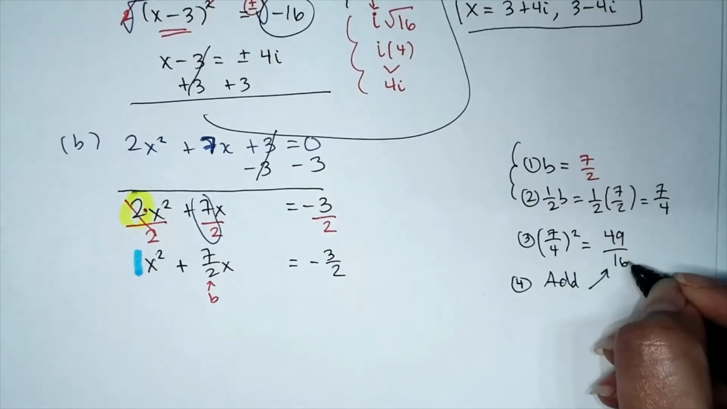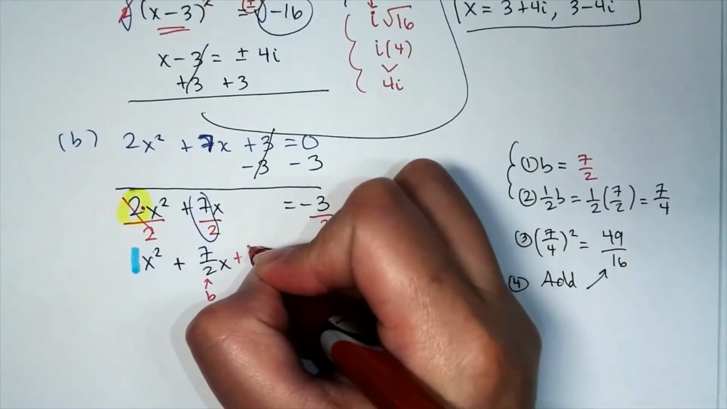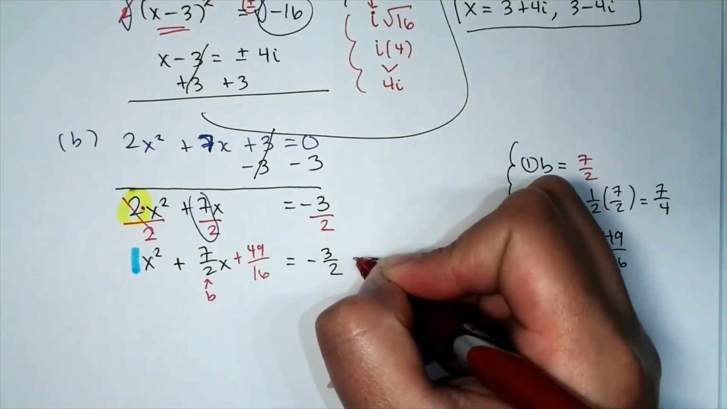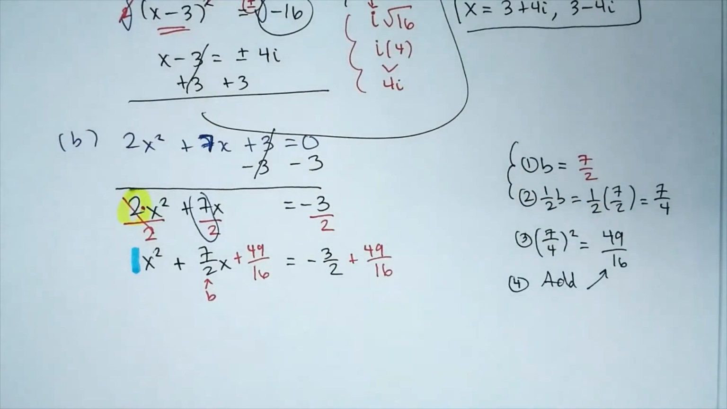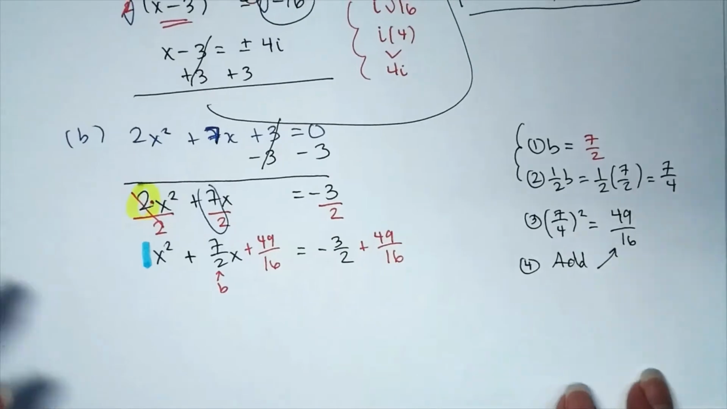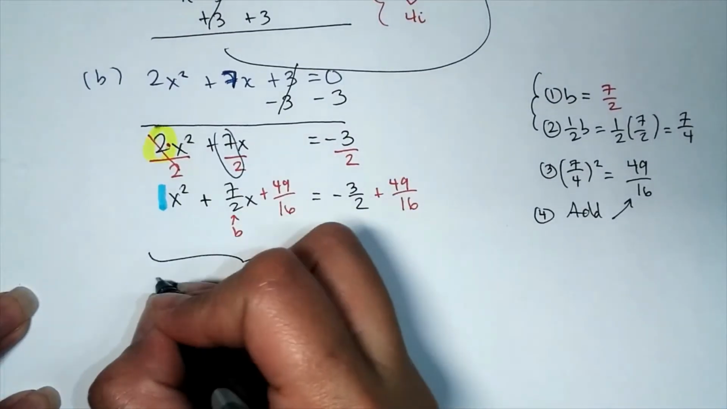Okay, so we want to add 49/16 to both sides. So let's go ahead, add 49/16 to both sides. So remember, we were not given the liberty to solve this however we like, so we have to solve it by completing the square. So on the left side, what does this factor to? Give me a sec. So on the left side, we should have